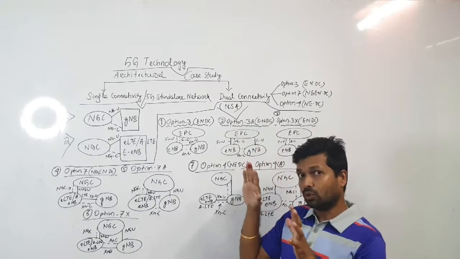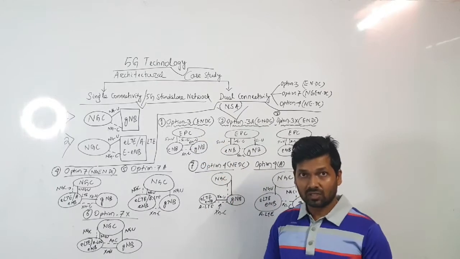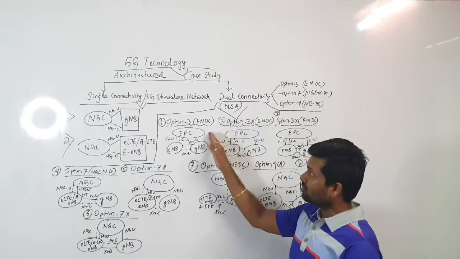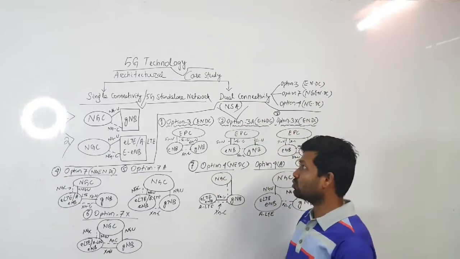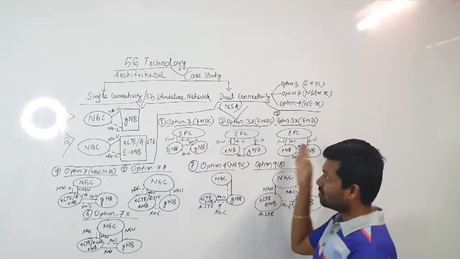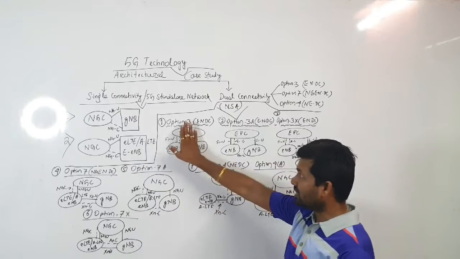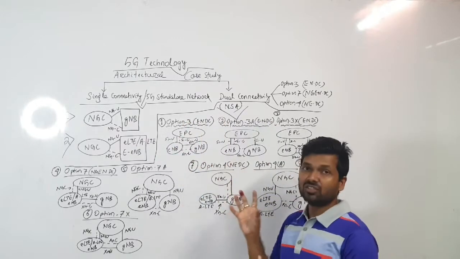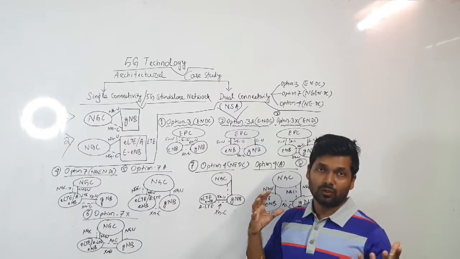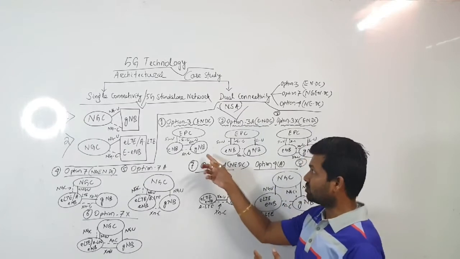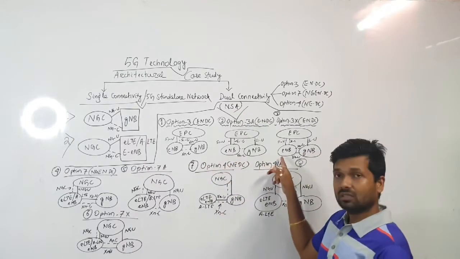Now coming back to old school, that means people having the LTE network already and using the EPC or the evolved packet core. For this we have three different options: option 3, option 3A and option 3X. So in option 3, whether it is 3, 3A or 3X, eNode B is the master node. That means with the existing LTE network, you are just adding the gNode B as an additional radio device, or for some additional 5G features addition to your network. So gNode B is never a master node here, it is the secondary node. eNode B is the master node.